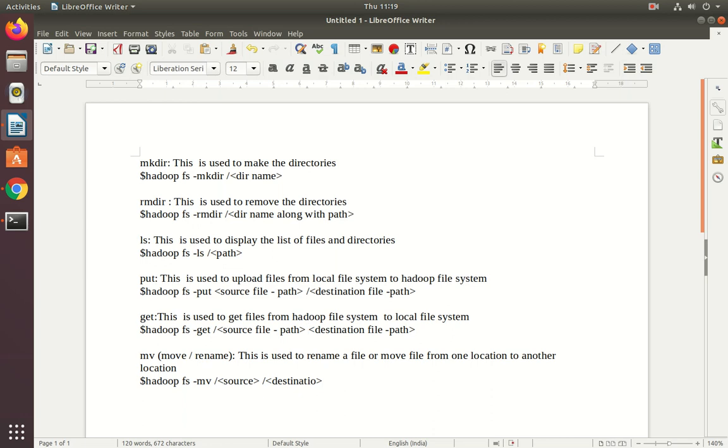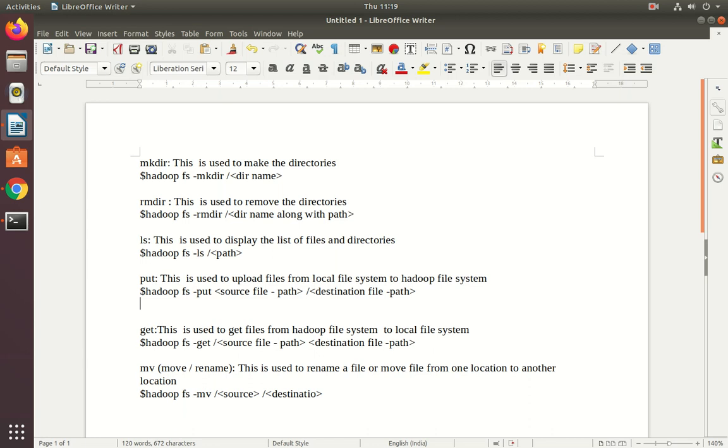Like put and get, we have two different commands. Let me show you also. Instead of put you can also use the copyFromLocal command, which is quite similar to the put command.